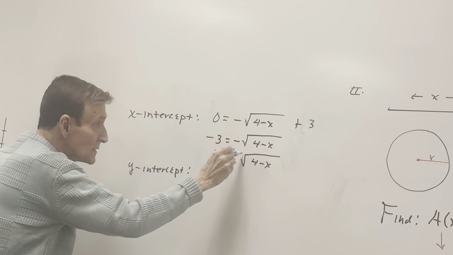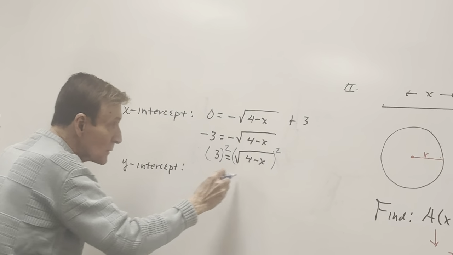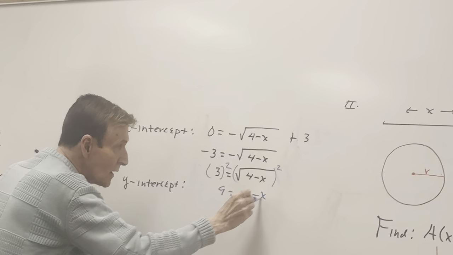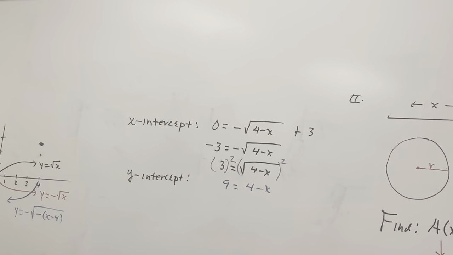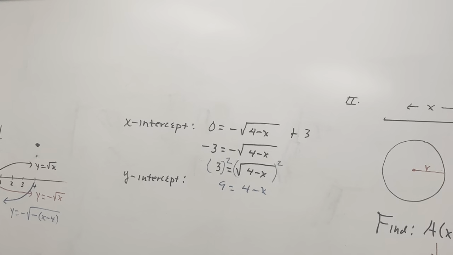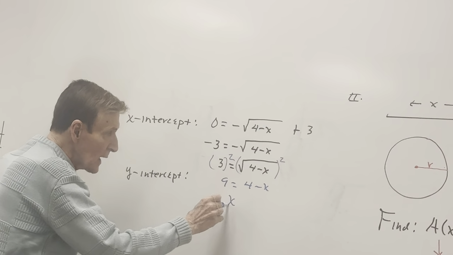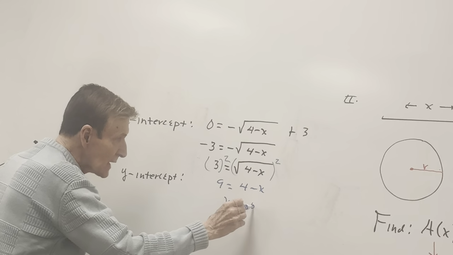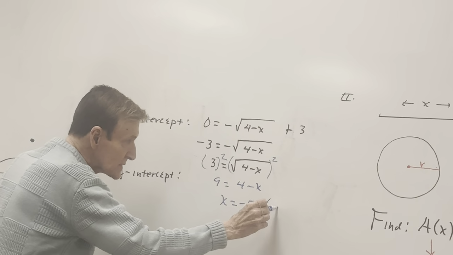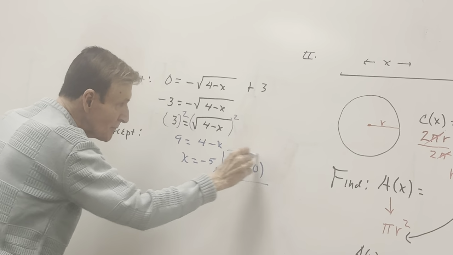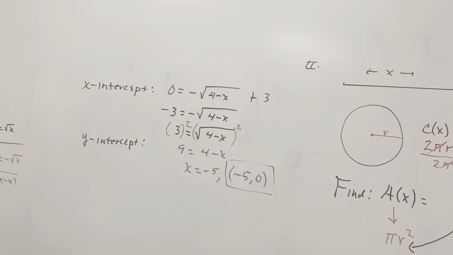Square both sides. Then we end up with 9 is equal to, look at this, 4 subtract x. I'm trying to solve for x. If I finish this simple equation up, middle school problem, x is equal to, I think, -5, guys, make sure I'm correct. I'm gonna write this as an ordered pair. This is my x-intercept. So I'll get back to the grid, make sure my graph, my last graph,